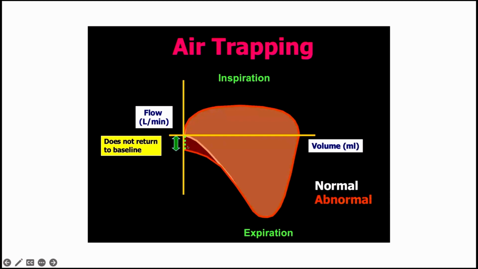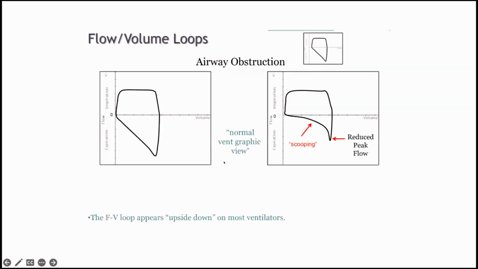Just like the flow time curve, it is not touching the bottom. We see the gap is here. That same gap is happening here as well. So, another picture. You can see that when you have a severe obstruction, this is the normal flow volume loop. This is the inspiratory part, this is the expiratory part, this is a normal peak expiratory flow here. You can see that in this condition, when the patient is having severe obstruction,